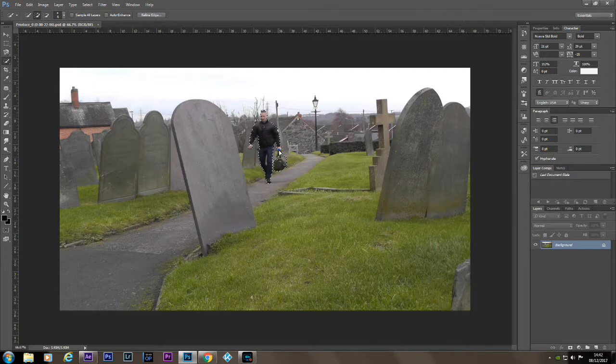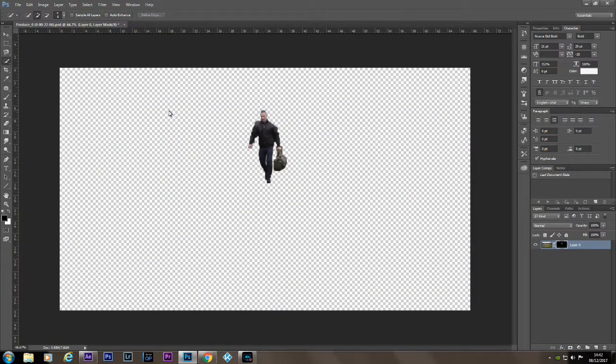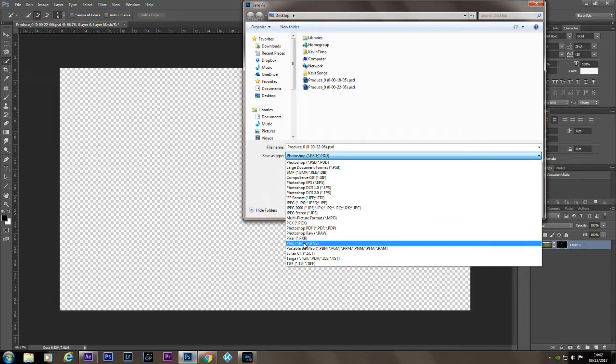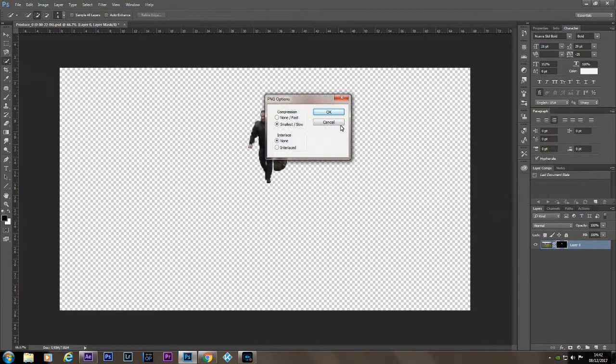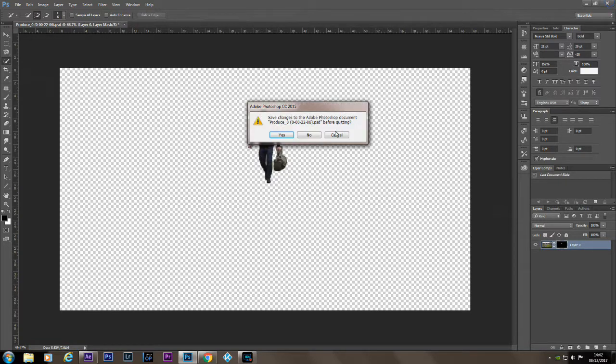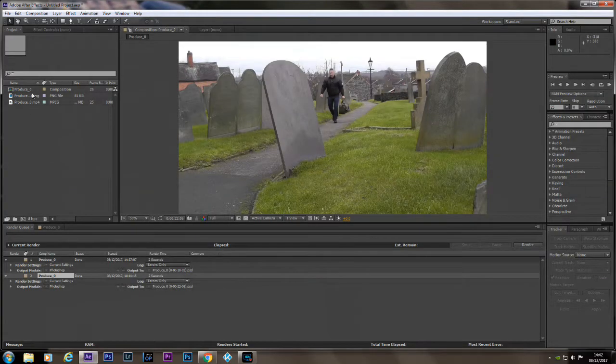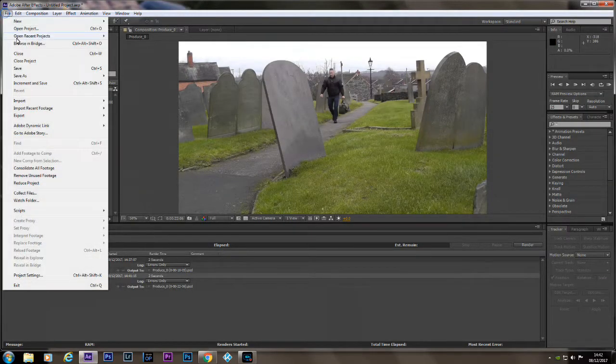I think that would do, won't it? Yeah, that would do. So we'll do that again, and we'll save as PNG again. PNG save. Okay. As I say, I'm not doing this exact because obviously he's far away and you can't really see it anyway. So let's get that up. We'll import this one,